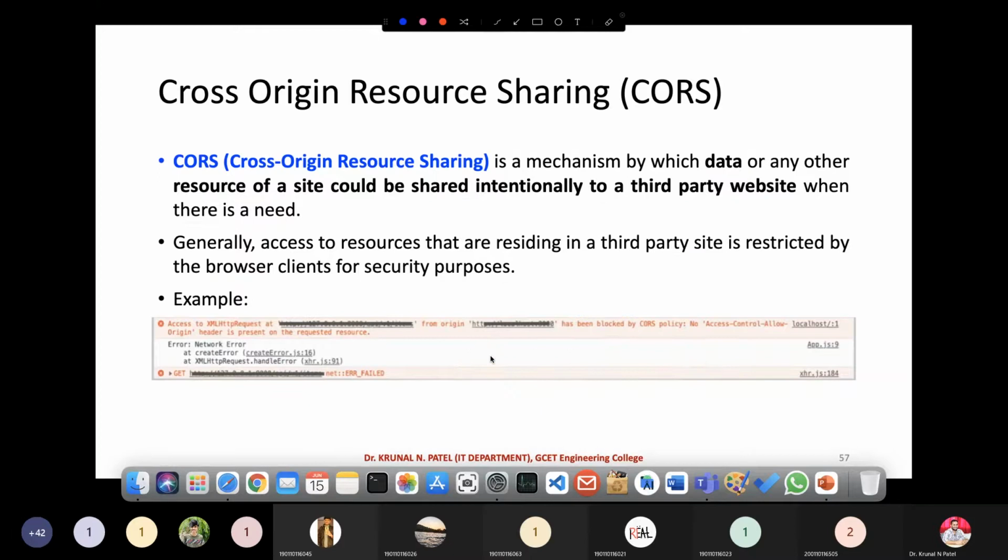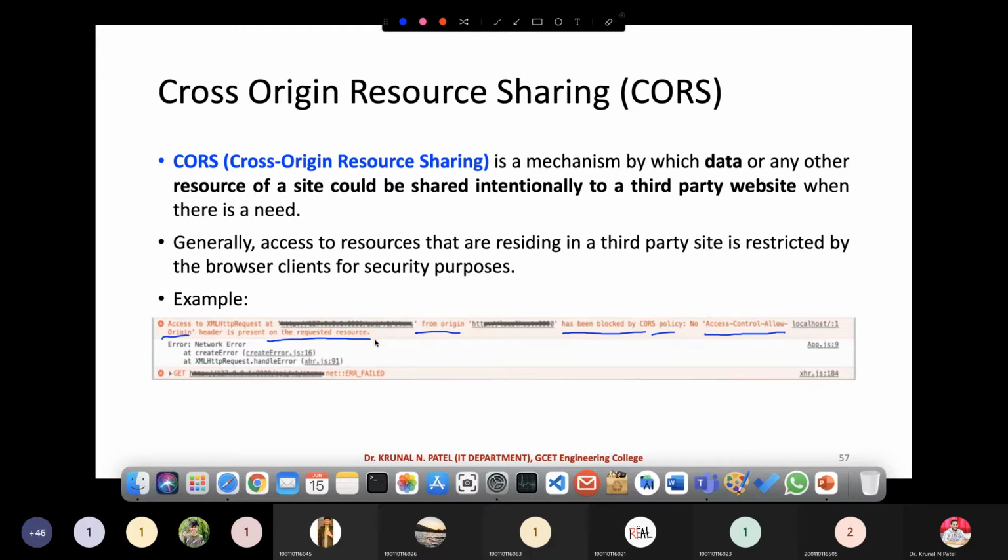Now, remember this, whenever this happens, this kind of error will be there. So what is the error? Access to the XMLHttpRequest from origin has been blocked by CORS policy. And here you can see no Access-Control-Allow-Origin header is present on the requested resource.